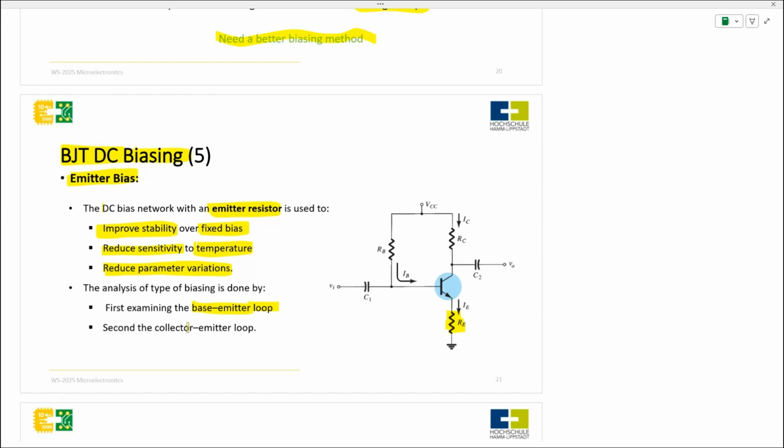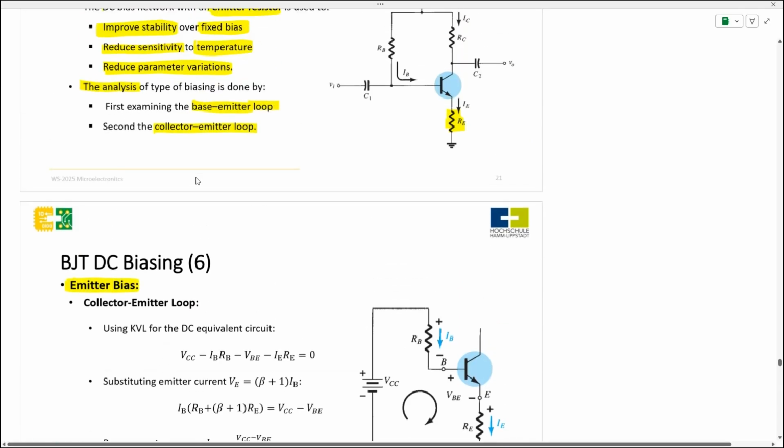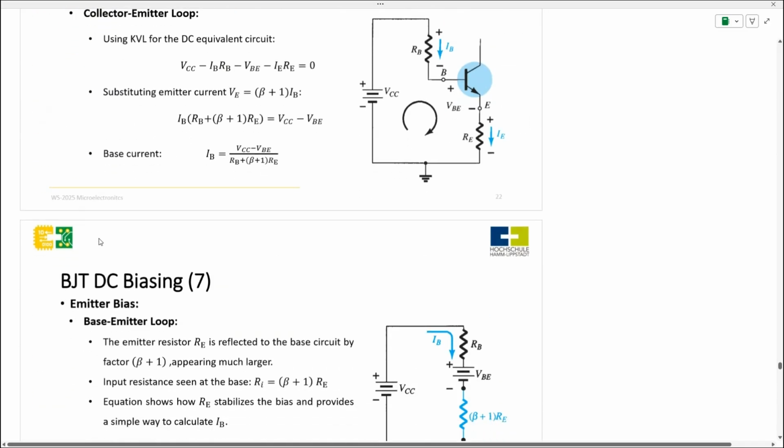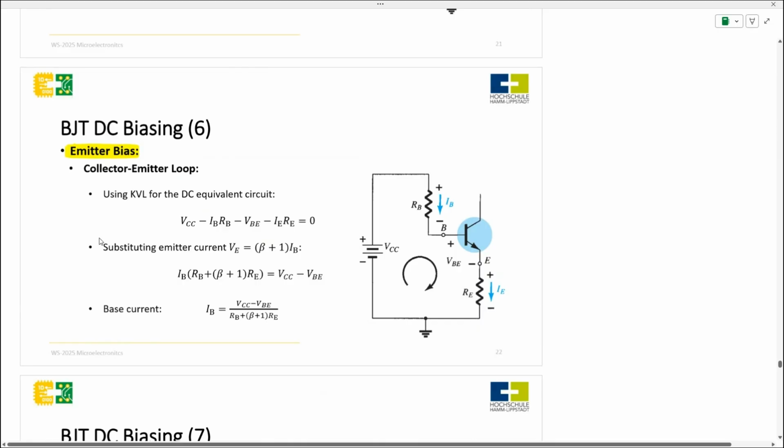Then the collector emitter loop. So our collector emitter loop. Okay, so this is how the analysis of this method works. Let's start with the collector emitter loop. So we have our emitter bases. But they say we should start with the base emitter loop. Why did they go to the collector first? Maybe because it is most complicated. But it's okay. So the collector emitter loop,